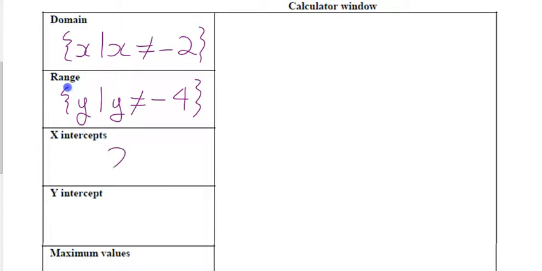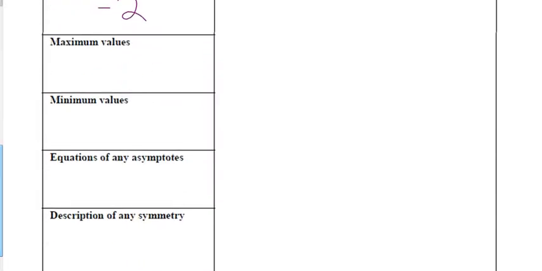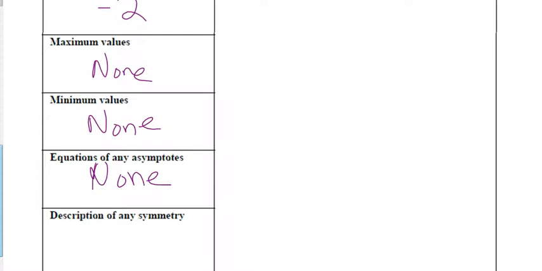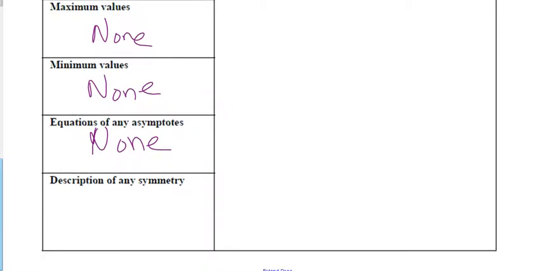X-intercept: 2. Y-intercept: -2. Maximum value: doesn't matter. Minimum value: doesn't matter. Equation of asymptotes. Wait, hold on. Symmetry. Well, there's a 90-degree